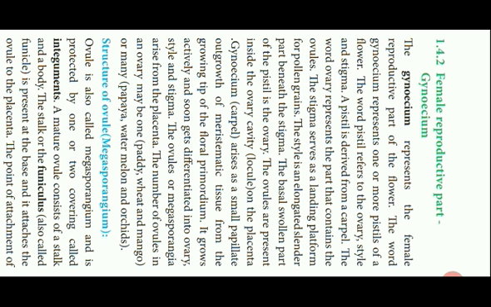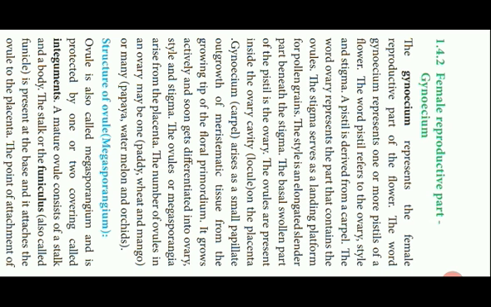The ovules present inside the ovary may vary in number. In paddy, wheat and mango, we can see only one ovule in an ovary. Whereas in papaya, watermelon and orchids, we can see many ovules in an ovary. They may ask this in one word: the number of ovules present in an ovary is one, for example paddy, wheat and mango, or many, for example papaya, watermelon and orchids. Are you clear, students? So this is the structure of the gynoecium.